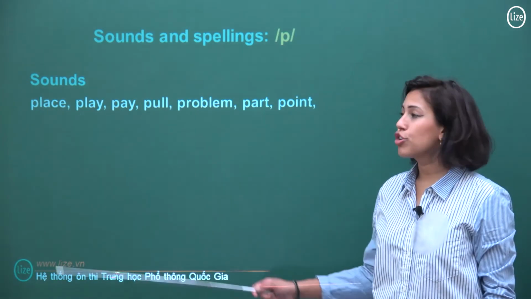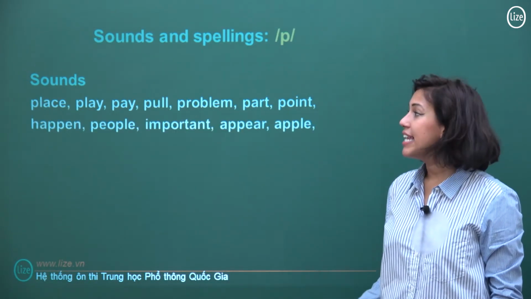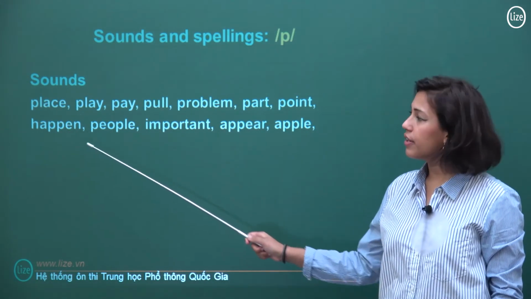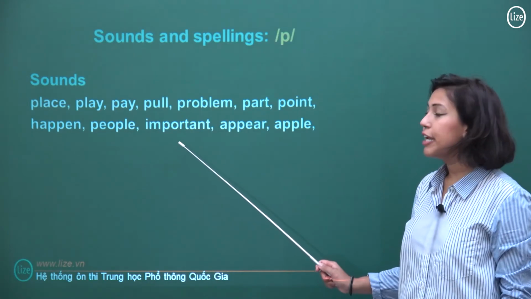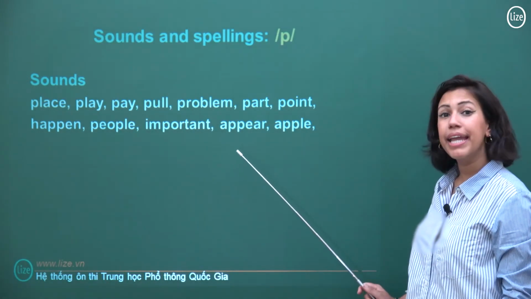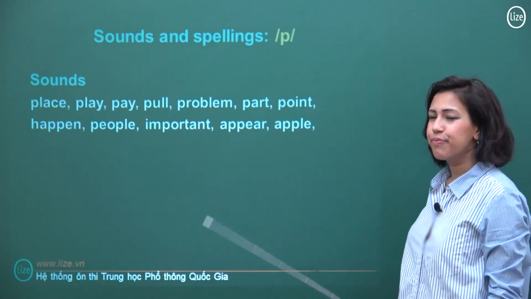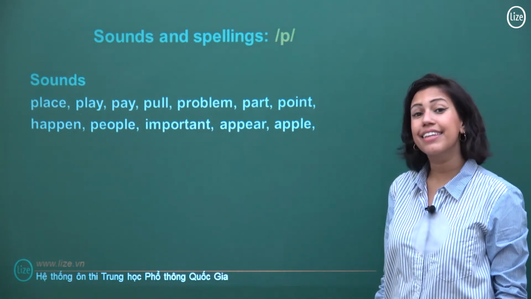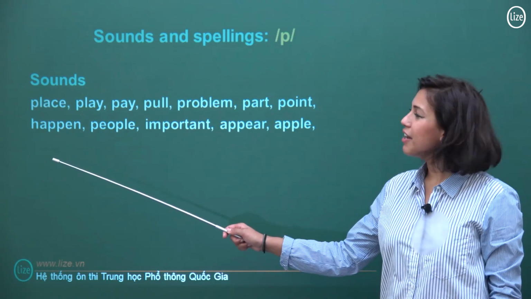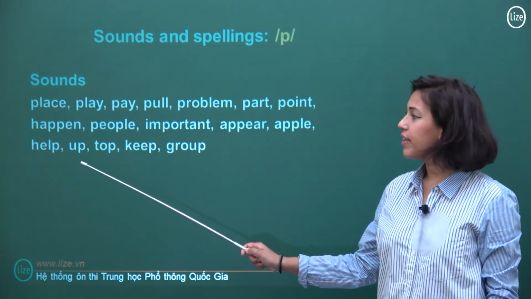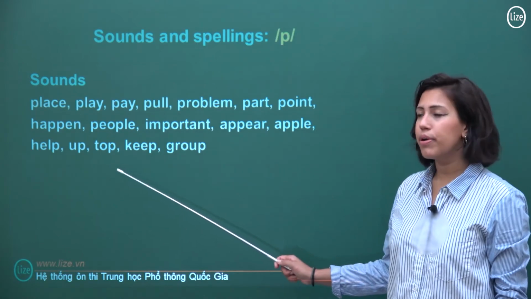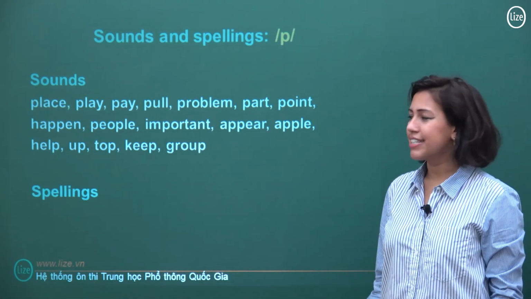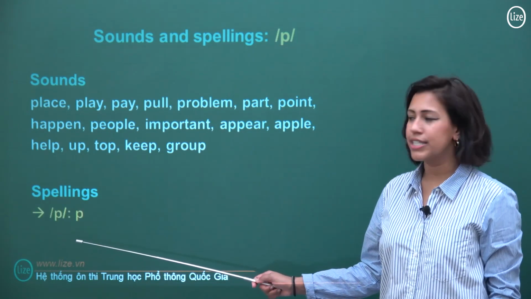Our second line will show words where the P sound is in the middle of words. For example, happen, people, important, appear, and apple. And our final line will show words where the P sound is at the end of the word. For example, help, up, top, keep, and group. And spellings, our P sound is always spelt with the letter